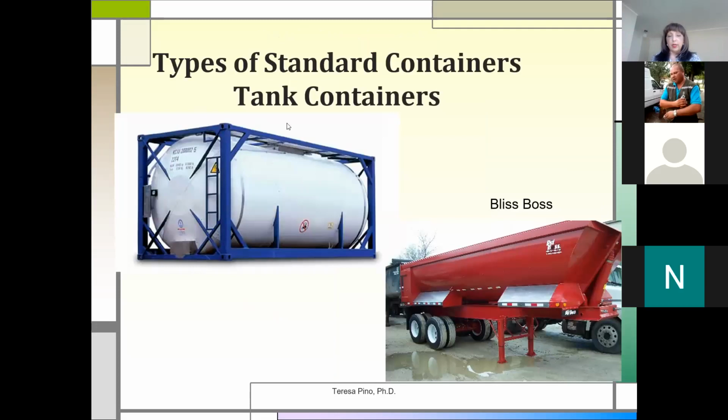Here we go with the tank containers. These are standard containers, and there is a particularity about these standard containers. This one can be used for all types of transportation, even plane, but the size of the tank containers that go in planes are smaller. They're very small. What is the difference? When it's fire hazard, when the liquid that it's transporting is fire hazard,